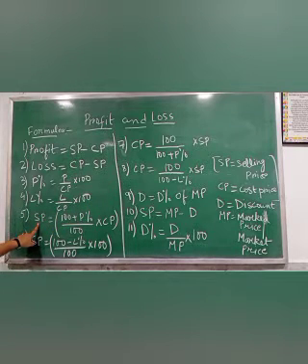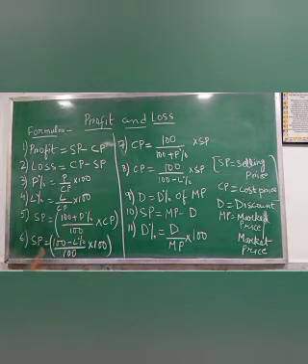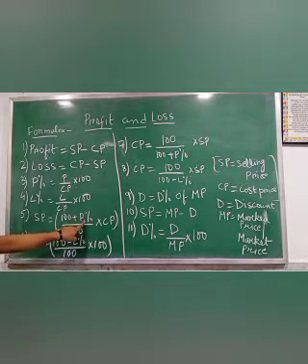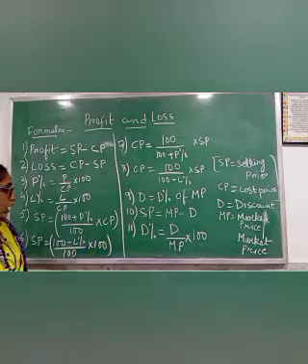Now SP, you have to find selling price and you know profit percentage and CP. Then you will use this formula. You will get selling price. Same with loss. What is the difference between these two? Only the sign. Okay, here you have plus sign, here you have minus sign. Plus when profit percentage, minus when loss percentage. So SP equals (100 minus loss percentage) by 100 into CP.